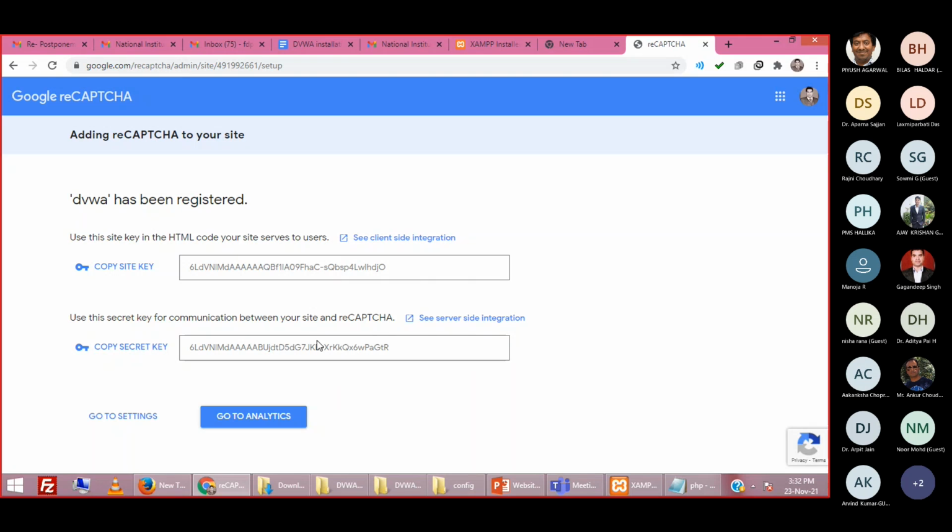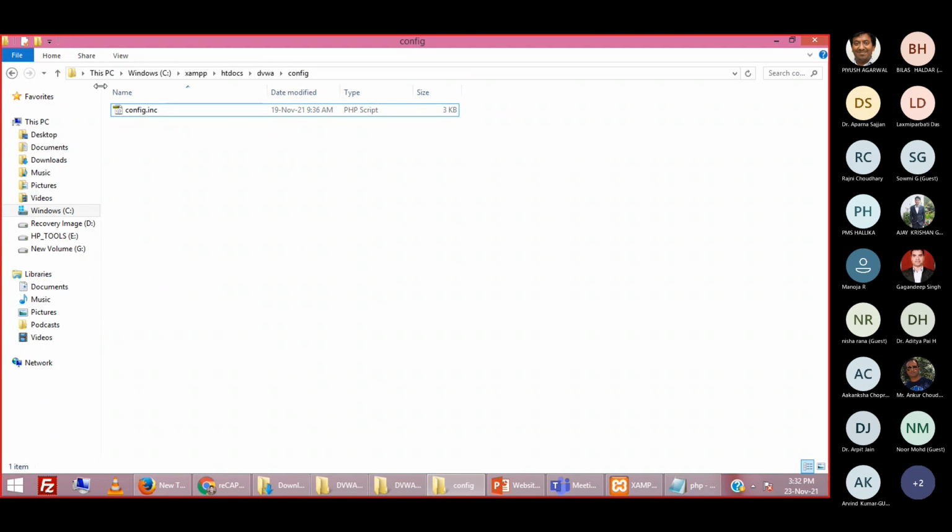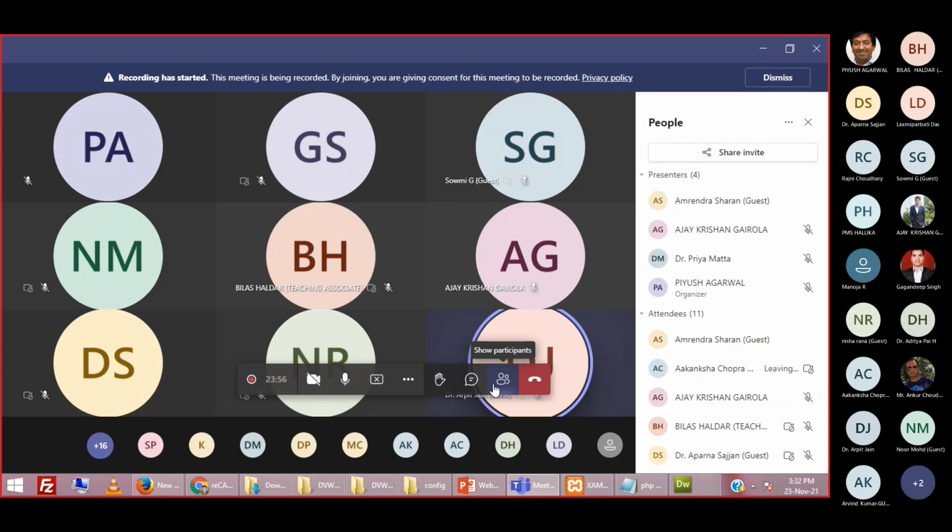So to inform DVWA about these two keys, we have to go to the DVWA config folder. In the config folder, you have to open this configuration file.